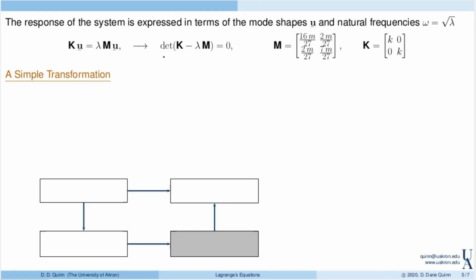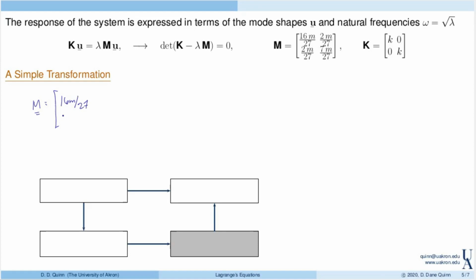Before I actually do this, I want to talk about a simple transformation that we can do. Notice that both the mass and the stiffness matrix have a parameter in them. m parameterizes the mass matrix, and remember, m was the mass of the bar. k is the stiffness of the springs, and that parameterizes the stiffness matrix. In general, we would have to solve the eigenvalue problem in terms of these parameters, but we can apply a simple transformation that will scale away the mass and stiffness values m and k in this case. To see how that works, I want to define the mass matrix again as